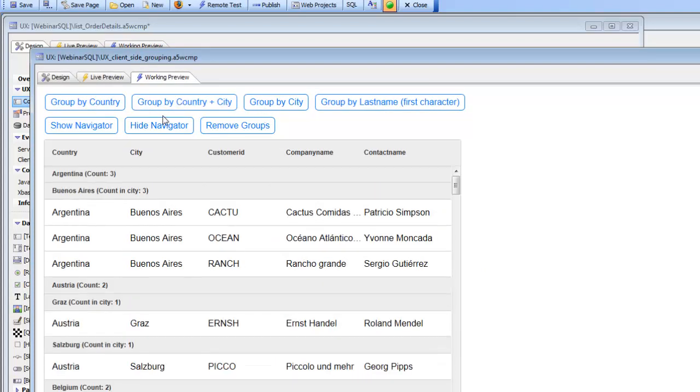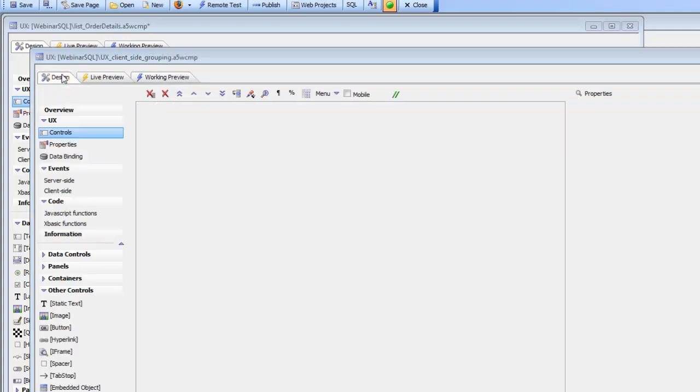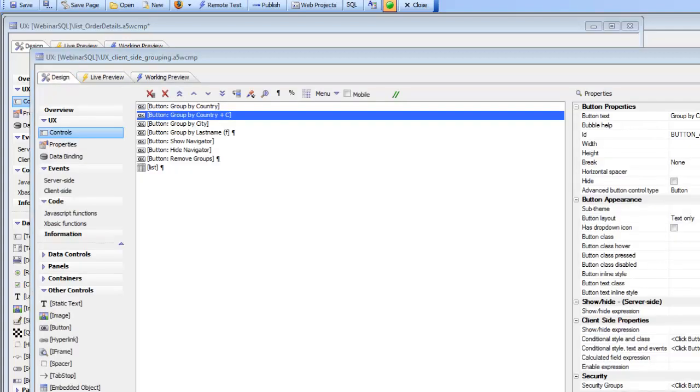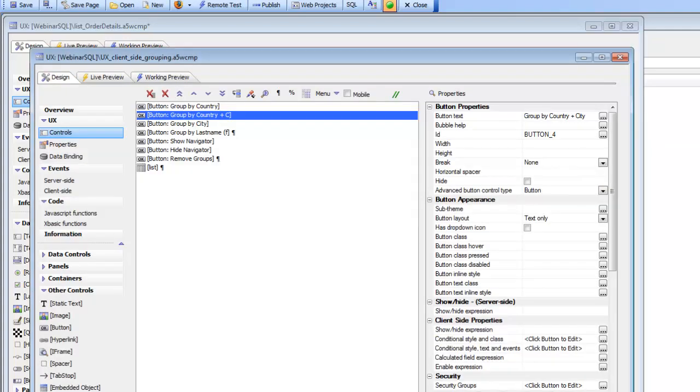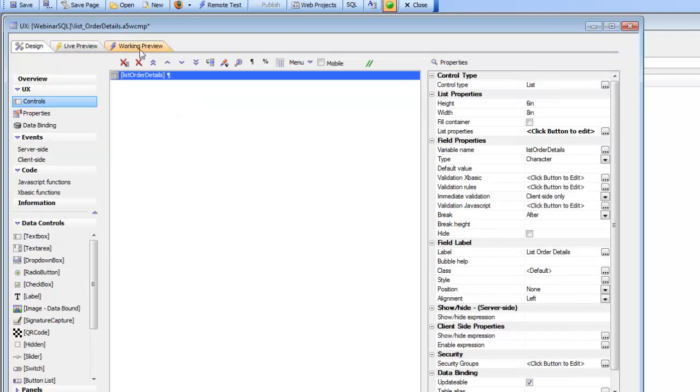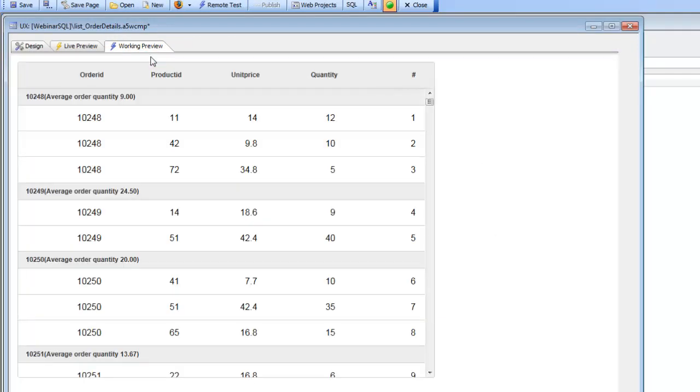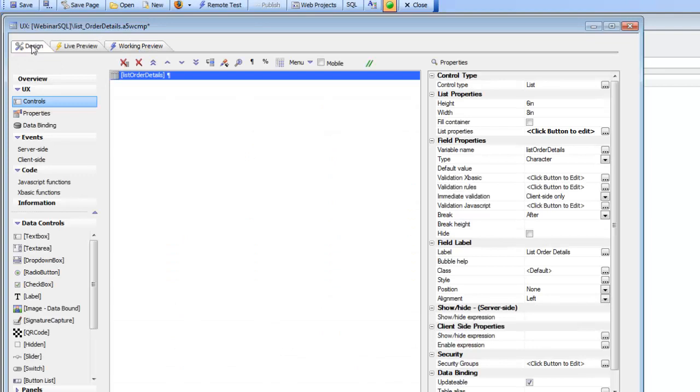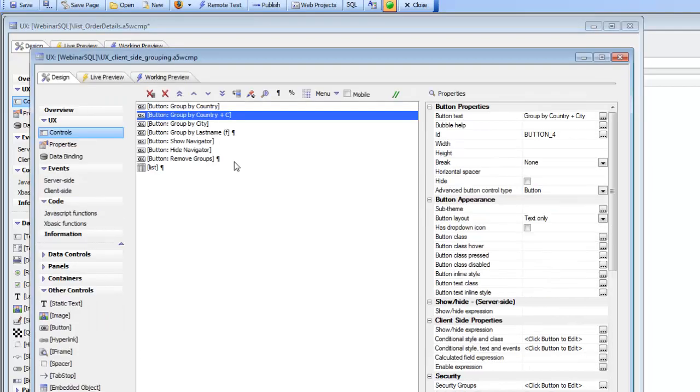Now the particular button that we clicked on is using Action JavaScript to add the grouping after the fact. On the other hand, when we ran this component over here, the grouping was already done when the list component was rendered. So it doesn't really matter whether you apply the grouping after the fact or you apply the grouping when the list control is rendered. So in this case, the grouping was done by buttons that used Action JavaScript, whereas in